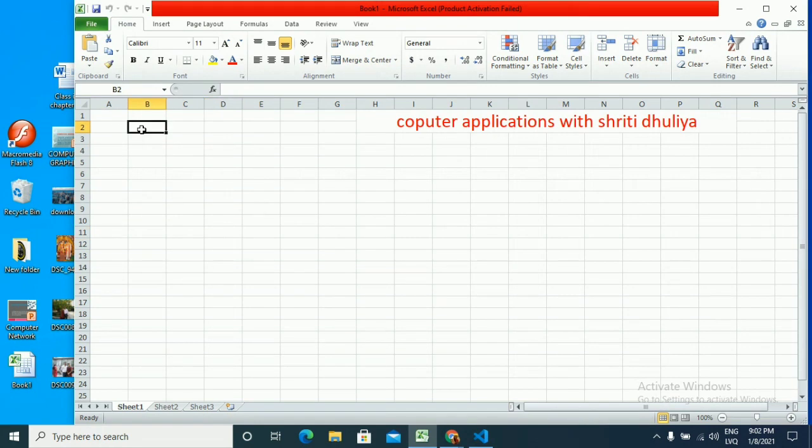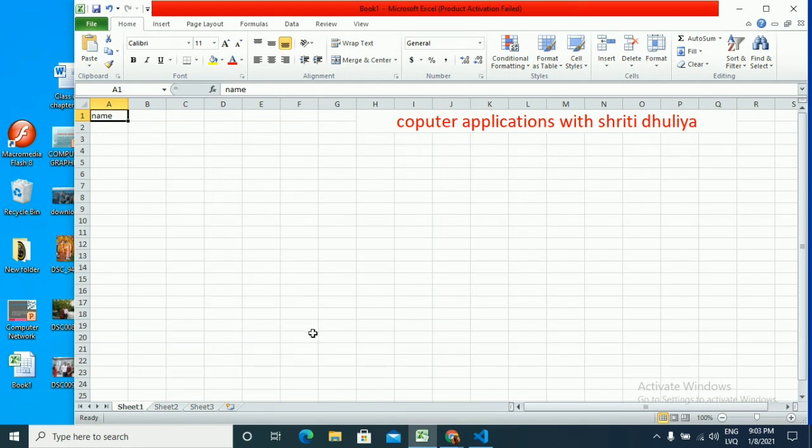Now a cell. So this is a cell. We can say intersection of rows and columns. Intersection of row and column is called cell in Excel. And the cell in which we are working is called the active cell. And it is always displayed with a bold border. And the sheet in which we are currently working is called active sheet.